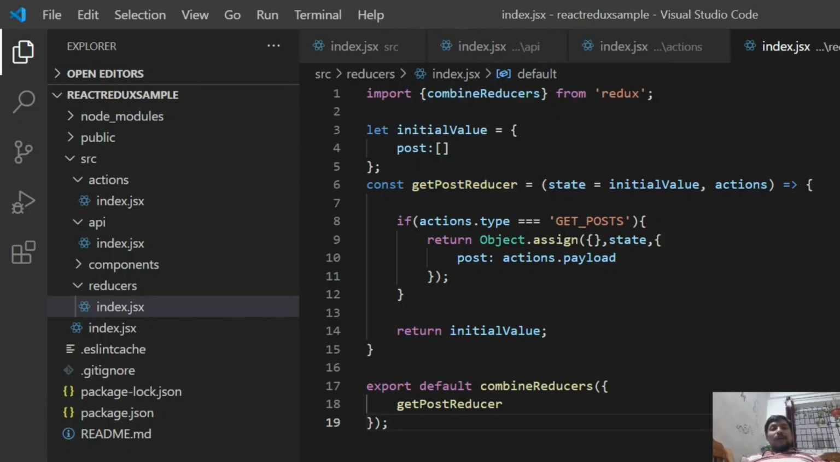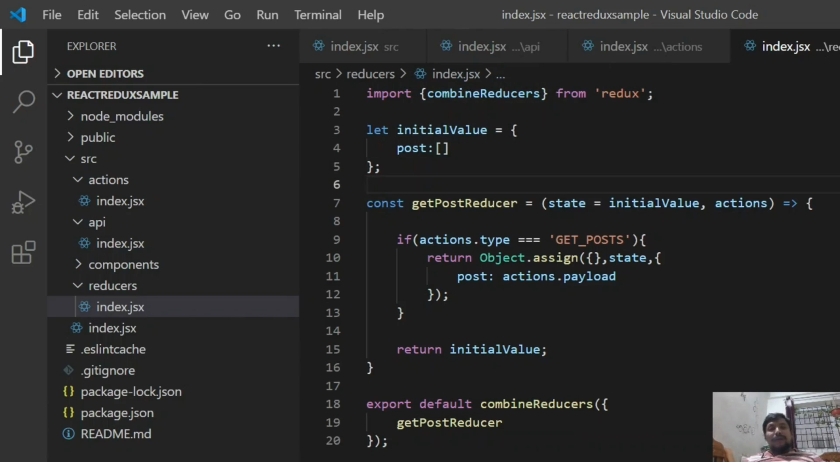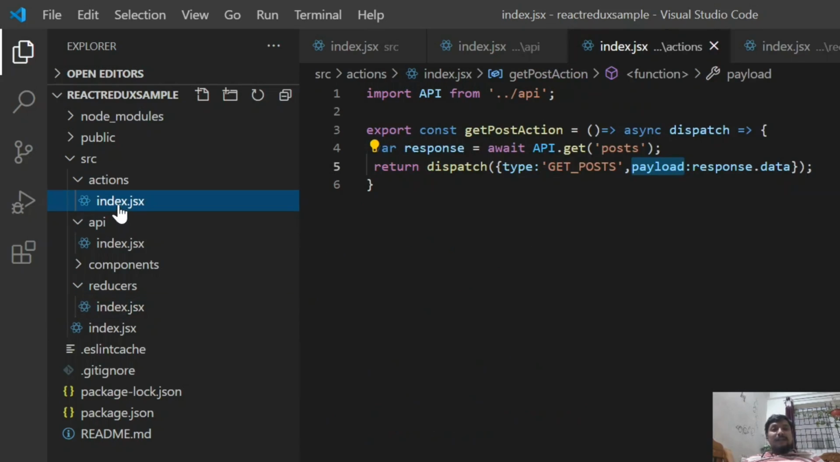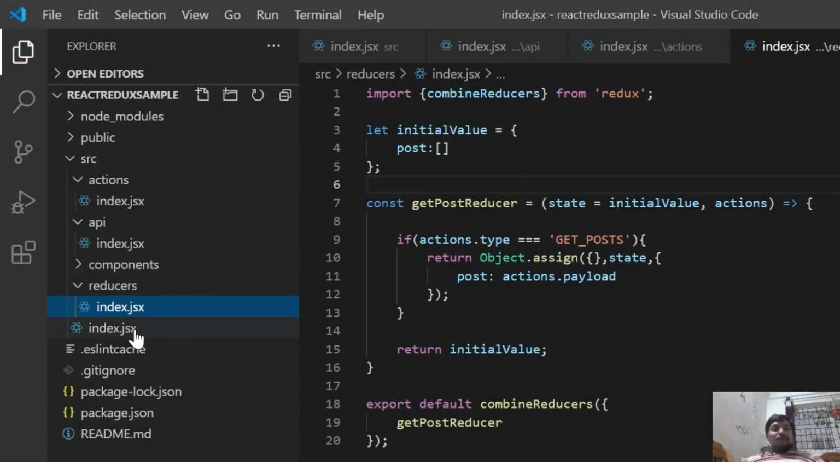Okay, so I have specified my reducer. My reducer module is ready. I have created a reducer. I have created a simple action method, and that action method's response I have combined with the reducer. Okay, so now I'm ready for configuring my